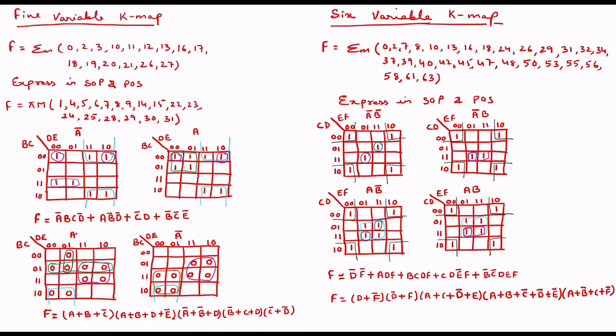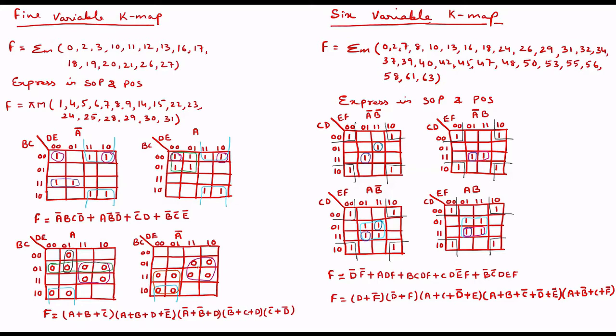So here don't get confused. This is 0 and this is 1. Okay, max term equation. So let me check this blue term. This 2 is forming, so here A will not come in common. What I am finding over here is B complement plus C from here, and from the top I am getting D. That is B complement plus C plus D. Okay, this term is for the blue one.